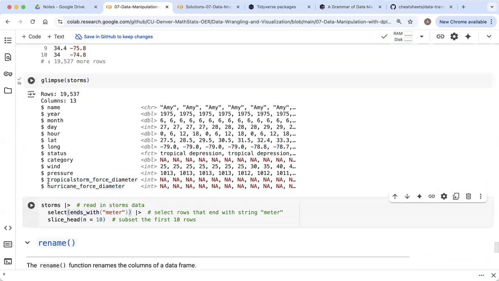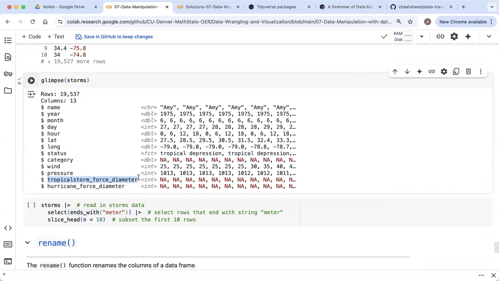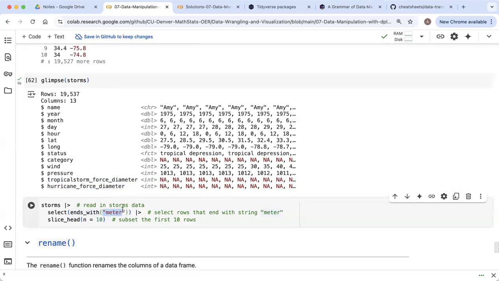So if I want to create a data frame that just has these last two columns on them, we could do some nice things like select all of the columns in my data frame that end with the string